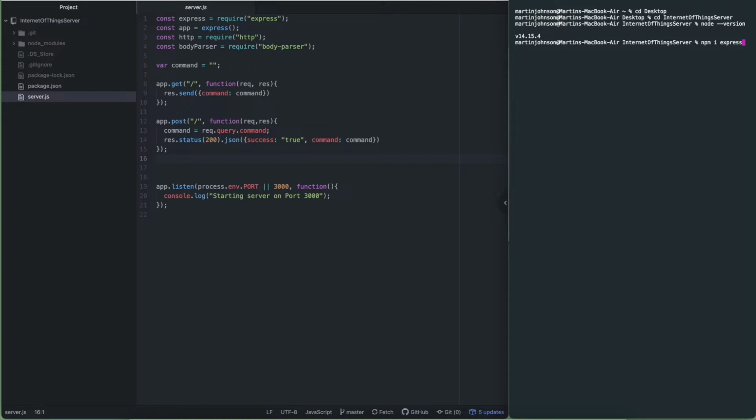And then from there, also install body-parser. Run the same command afterwards, and then install HTTP. And then from there, here's all the code. First, we get a new instance of Express. We create our app, HTTP, body-parser, and then we have a